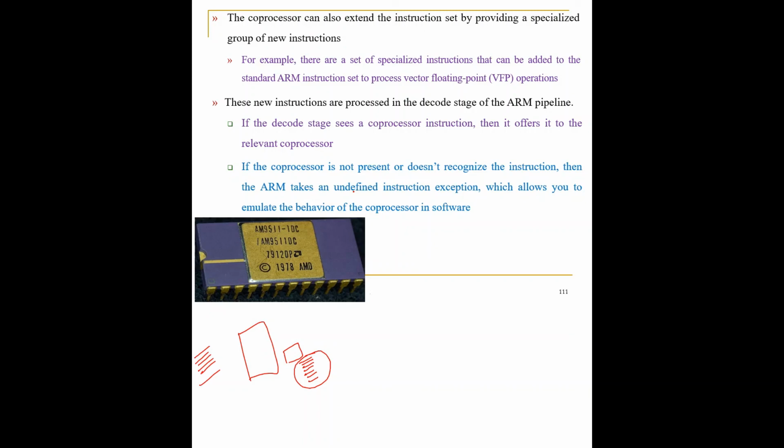And when you are writing those instructions, if the instruction is recognized by the ARM processor, then the instruction execution will happen. Suppose the instructions are not recognizable by the ARM processor, then normally your processor will get into an undefined state, which we have already studied. We have studied some different modes, right? Privileged and unprivileged mode. So normally in the unprivileged mode, it will enter into an undefined mode.